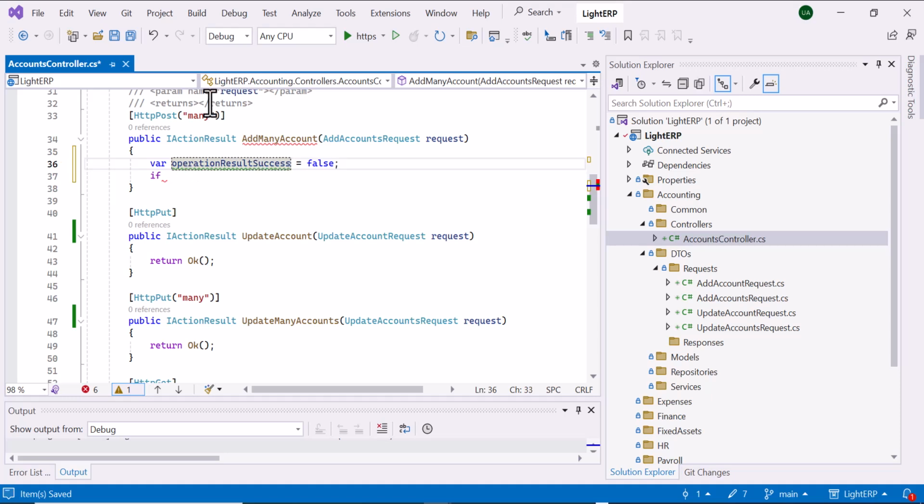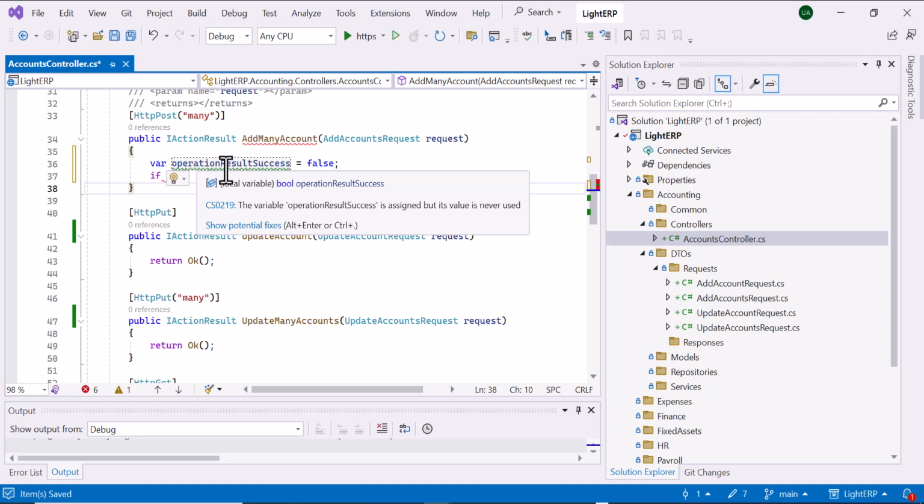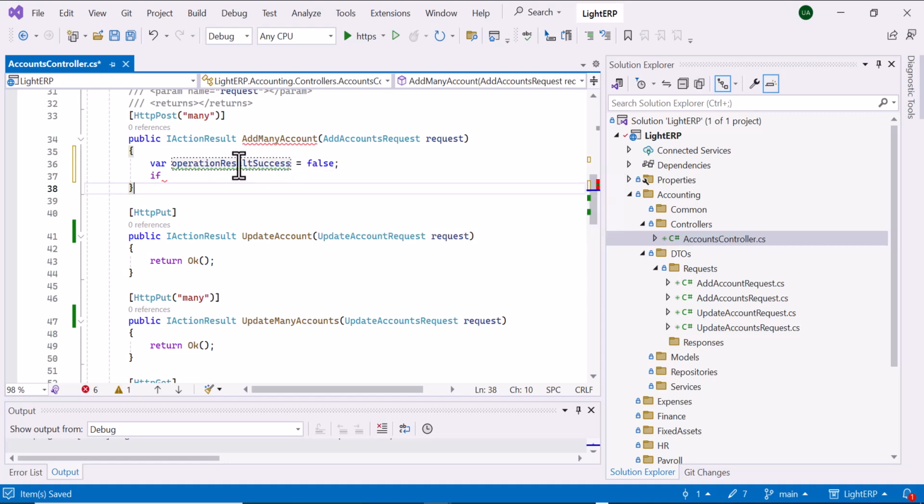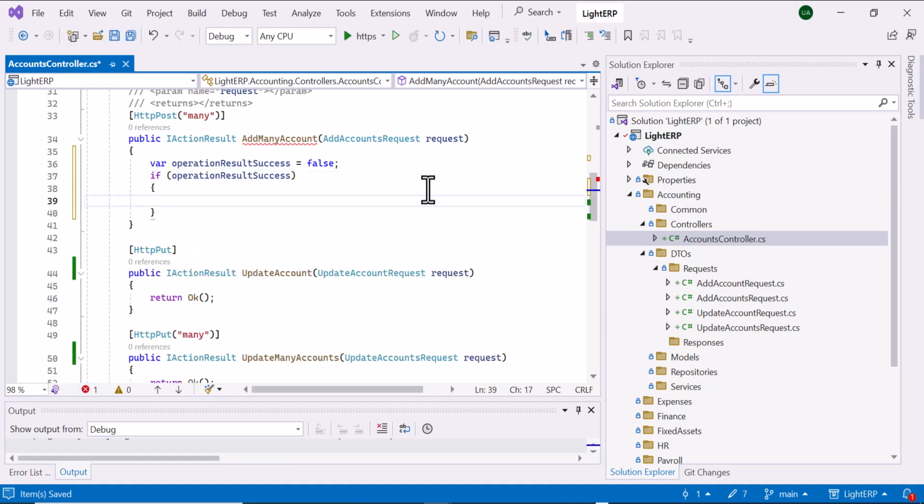We are following also, if you notice here, the names are long, but this is how the clean coding standards are. You should always avoid comments as long as you can name your variables and methods in a descriptive way so that the reader doesn't need the comment to understand it. So if operation result success, return